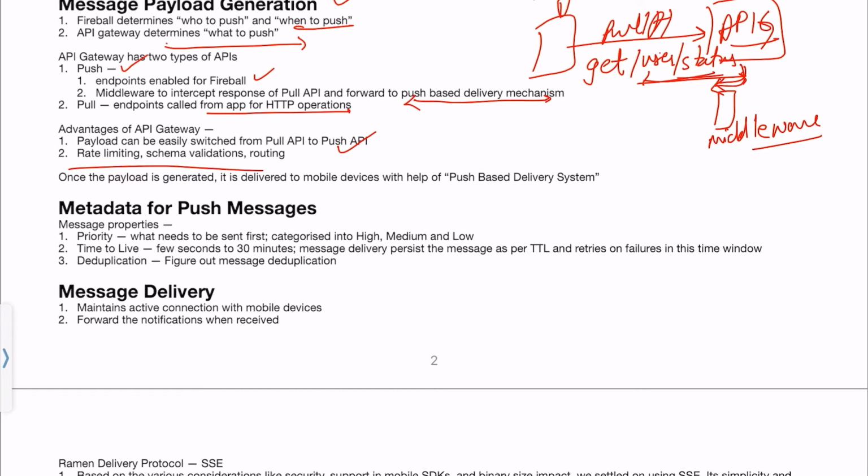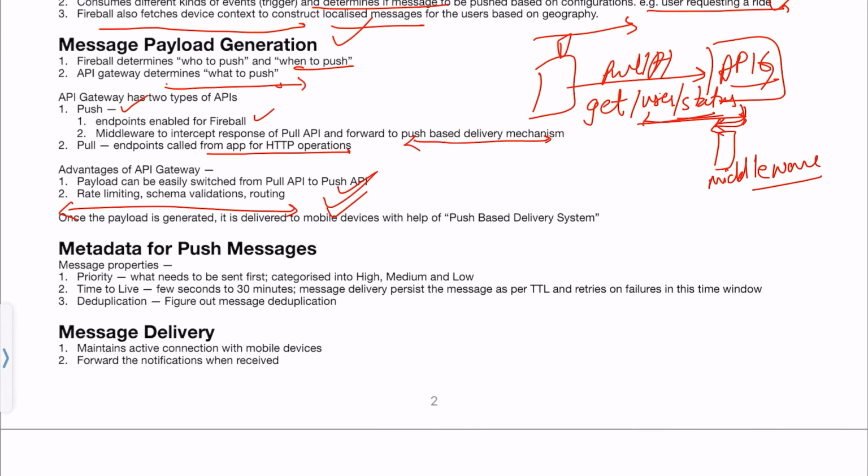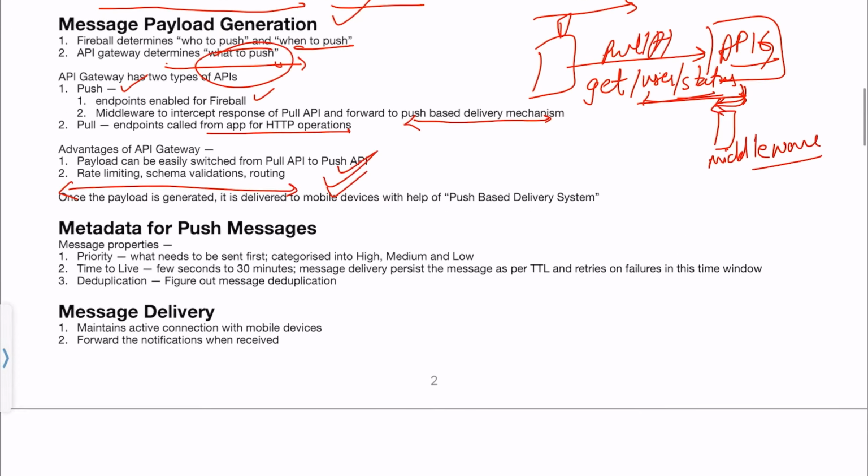There are other features which are already developed, such as rate limiting, schema validations, and routing to different microservices. So these things are already implemented or launched at the API gateway level. So why not leverage them? Great. So that's why we are using the API gateway to figure out what to push. Once the payload is generated, it is delivered to mobile devices with the help of the push based delivery system. This is your RAMEN,